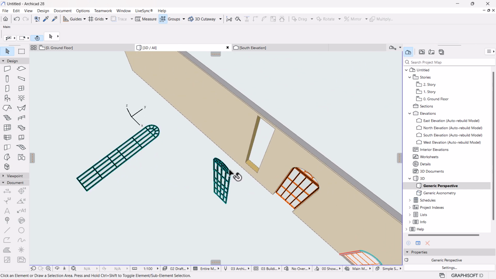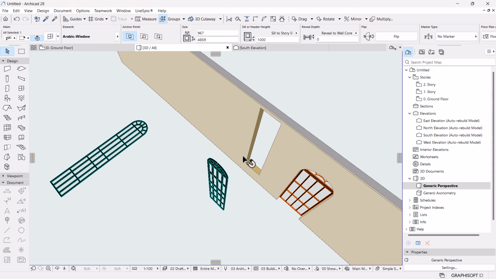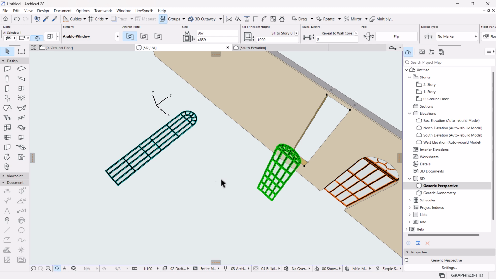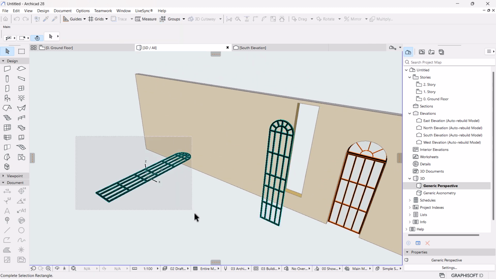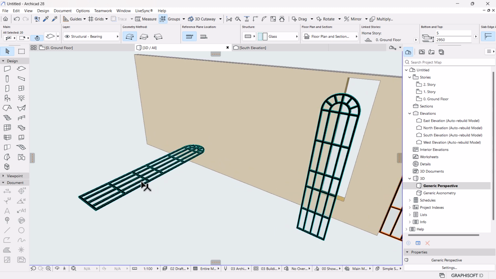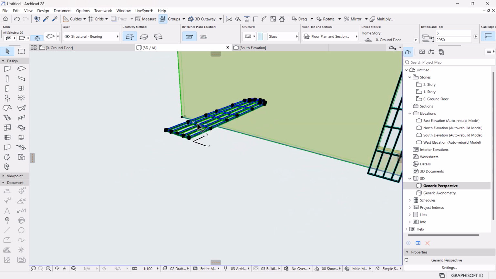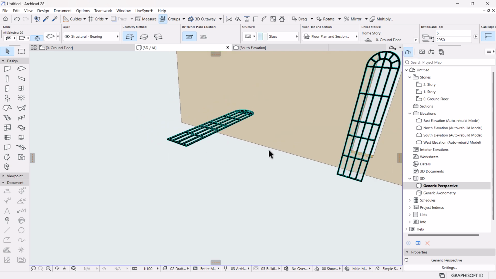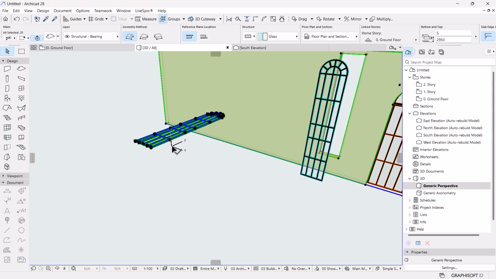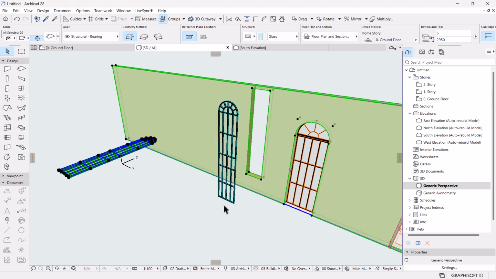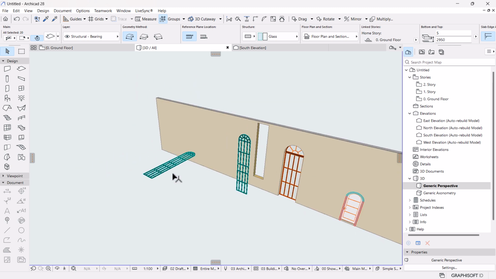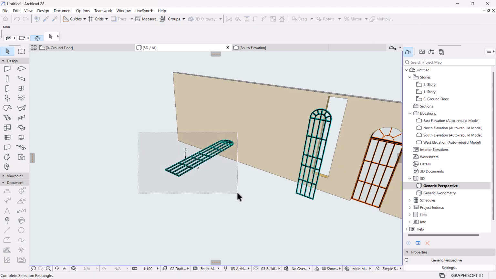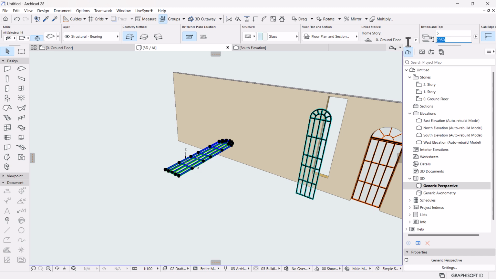This is our window. You know what made this window to offset? It's because of the height, the position of it in relation to the reference line, it's supposed to be on the 0, 0. You see, it's roughly 2.950 off. This 2.950 off from 0 is the one, if you measure this distance, is the one that is being projected here. So what we need to do is to set our window before we save to 0,